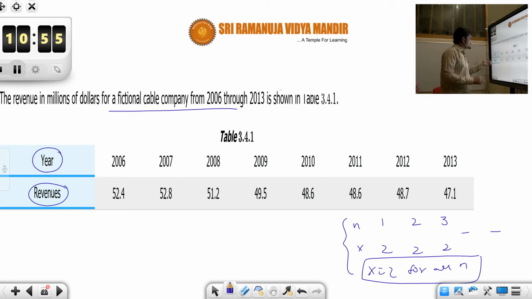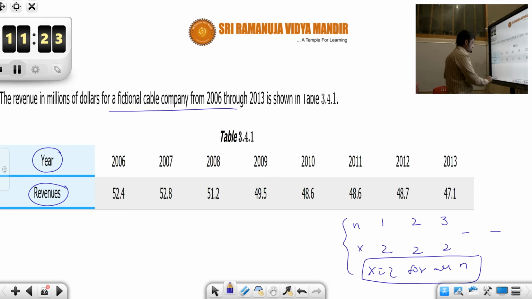So if the relation expressed is revenues, the output quantity, with respect to the input entity, that is the year, we'll call it the model. A mathematical model is nothing but the relationship expressed between those entities, input and output, or any relationship between the quantities we are interested in. In most cases we'll be expressing that relationship in terms of an equation.